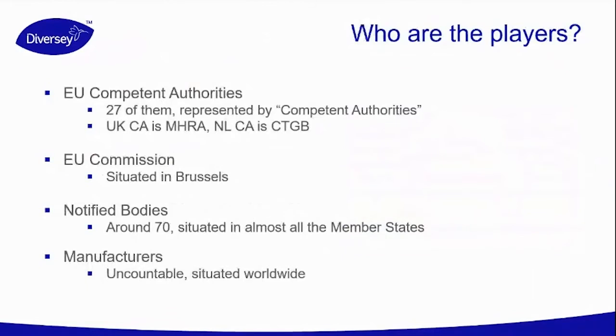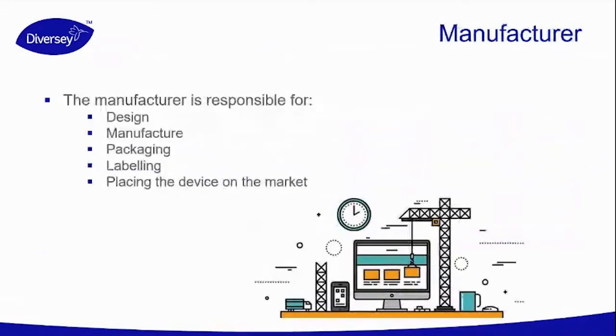First we have the European competent authorities, 27 of them, and there are several names. The UK CA is MHRA, the NL CA is CIBG, etc. Then we have a second player, the EU Commission, situated in Brussels. And then we have the notified bodies, around 70, probably this number has changed, but they are located in almost all the member states. And lastly, but most importantly, the manufacturers. The manufacturer is responsible for the design, the manufacture, the packaging, the labeling, and placing the device on the